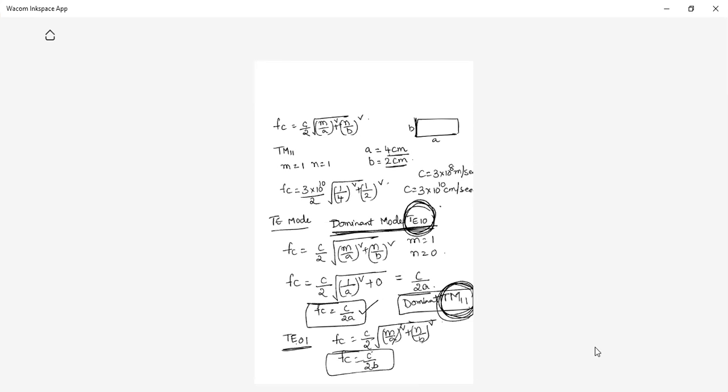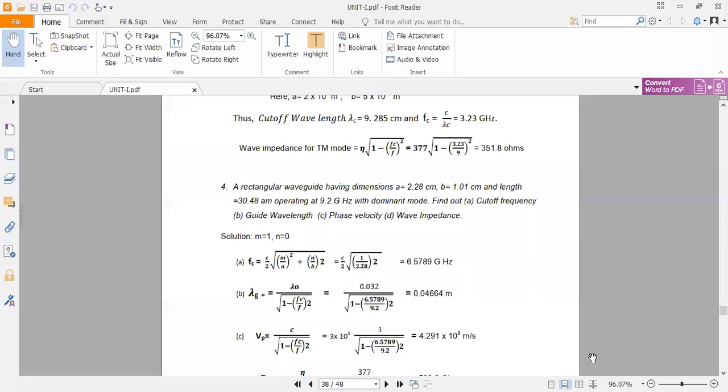Are you getting, Amma? This point is very, very important. Most of the times in problems, straight away they'll mention operating in dominant mode. So you have to look at what the dominant mode is for TE. It is 1, 0. So my m is equal to 1, n is equal to 0. Substitute in that formula and find out other parameters. Getting? Yes or no? Yes, ma'am. Able to follow? Yes. Now, TE10 is given. That's why I've taken m is equal to 1, n is equal to 0. Use the same formula. I've got fc.